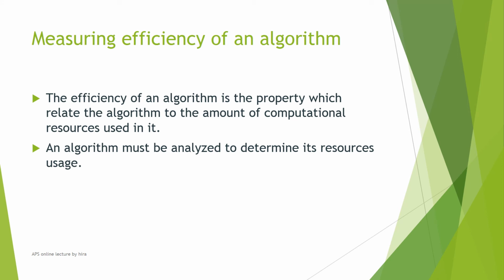And an algorithm must be analyzed. Before we write the algorithm, we must analyze it to determine its resource use, like time, memory, space and storage, etc. We wish to get maximum efficiency from the algorithm by consuming fewer resources, and to measure the efficiency of the algorithm we may write 2 or 3 algorithms and compare them with each other, and the algorithm that uses fewer resources and provides maximum efficiency we select it to solve the problem.